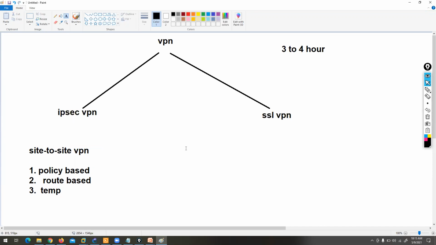Actually, I was not available in the first two classes. So one topic, in the routing section, when we have multiple VLANs and we are doing routing on the firewall, is that topic covered? No, actually we are not focusing on routing, but I told you how to configure static and dynamic routing. I told all the options.